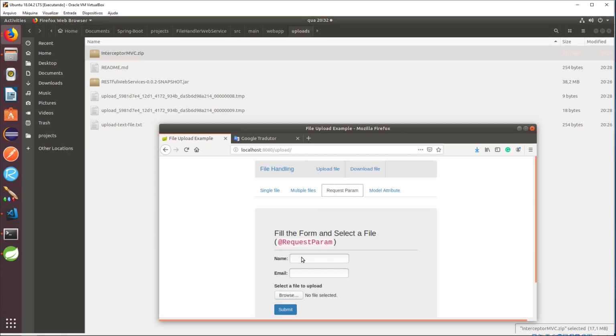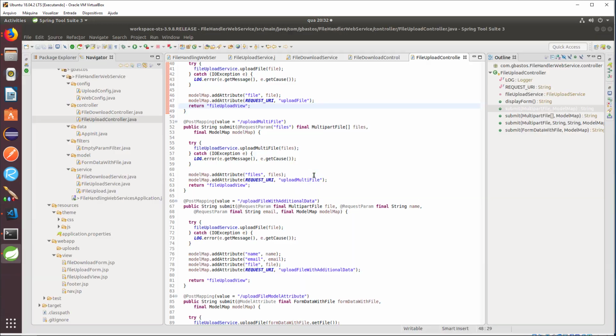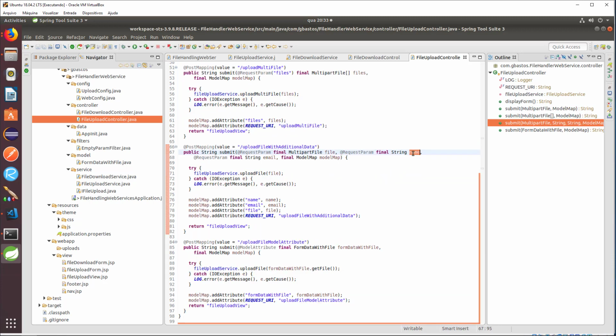Here I'm sending not just the file itself but also two other fields through the request pattern annotation. And here, instead of using the request pattern, I'm using the model attribute. What I mean by that is, instead of receiving the names as a request parameter, like you can see here, the fields as a request parameter, such as the name and the mail, for this guy here,